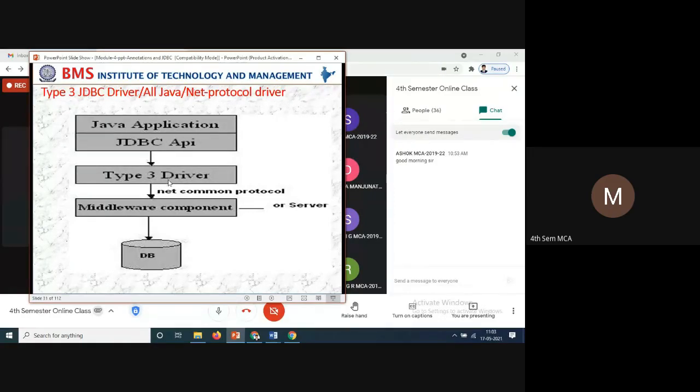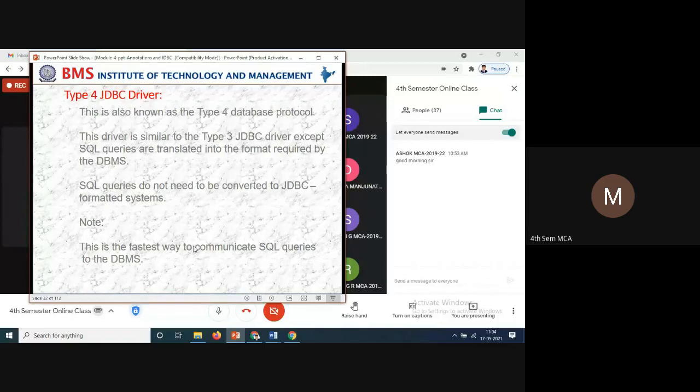So you can call it type 3 drivers or net common protocols. Middleware components, which are called the servers, will be there, and at the back of the server will be the database. So through the server we will be accessing the database. That you have already learned. And the next one is the last one, JDBC drivers. Let us see this one.